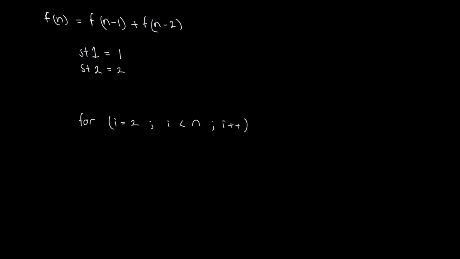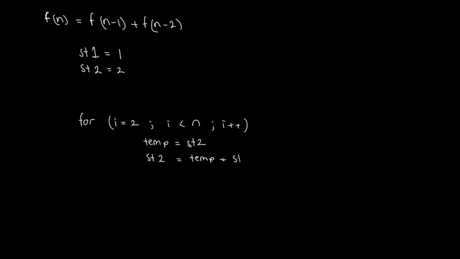Great, now that we have our for loop created, what is best to do is create a store file or a temp integer, which is temp will equal st of 2. This will store this st value into this temp. And then what we're going to do is say st of 2 will equal temp